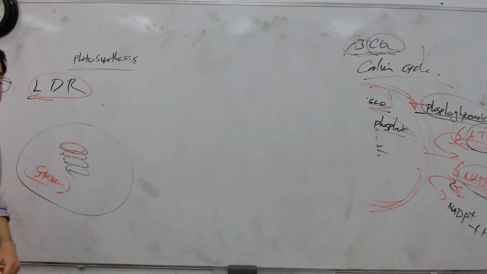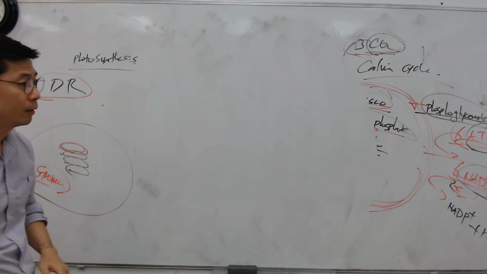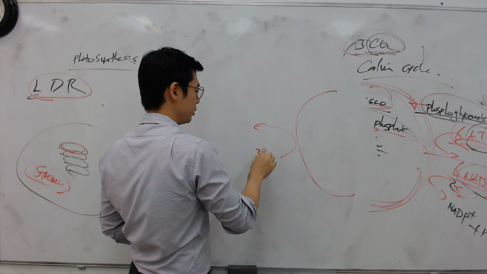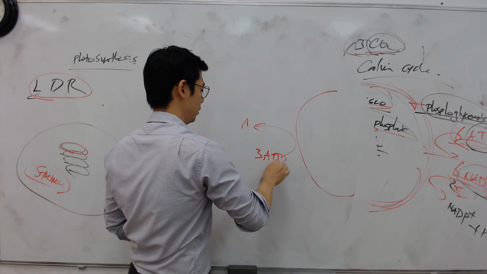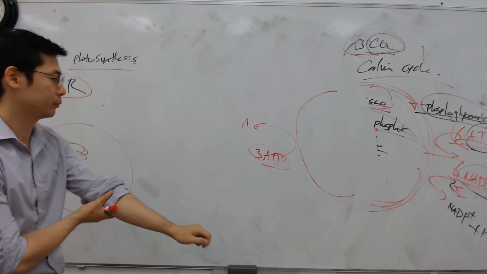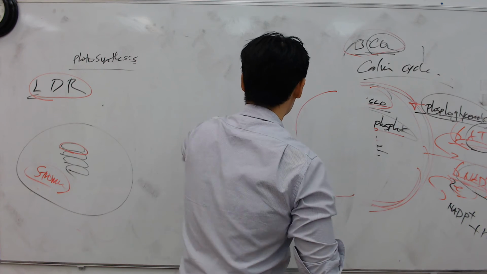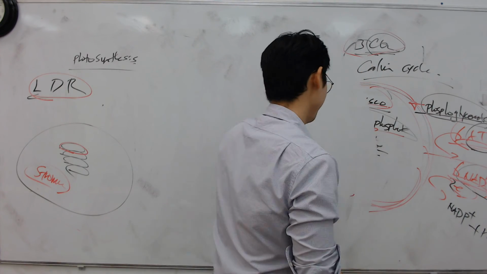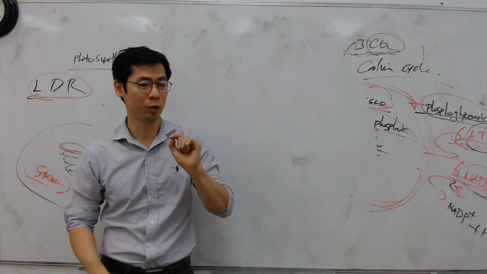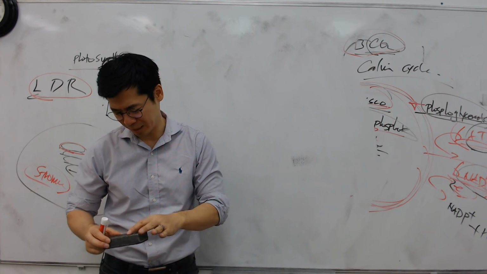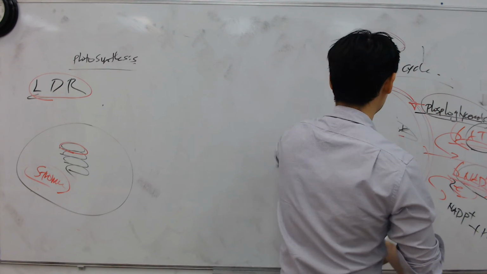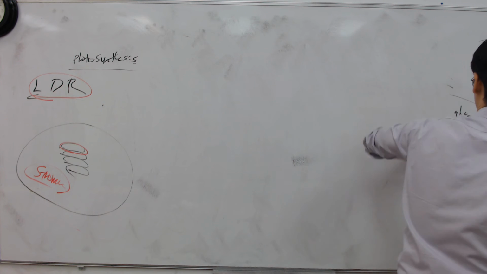So to make the G3P, it's the 6 and the 6. But then to replenish, it's the 9 and the 6. So during the regeneration phase, they need about 3 ATPs. Overall, it's 9 ATPs needed for one cycle. They will never ask that. AP, they don't care. Back in the day, when I was in AP, they'd ask how many for one cycle. But nowadays, it's very unlikely unless your teacher talks about it.